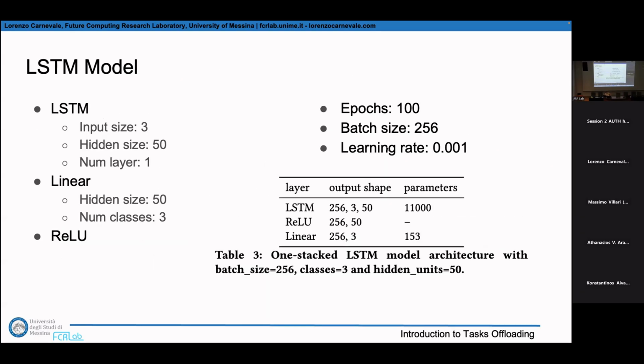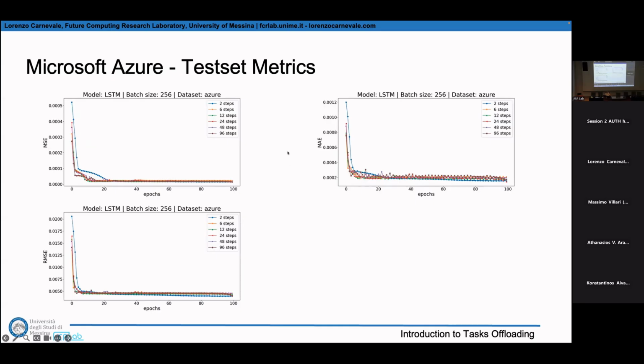We built two different models. One didn't provide good results, let me say, that is this LSTM model. And another one that is still an LSTM, but a bidirectional one with attention. In this case, it's a simple model. As you can see, there are not so many parameters inside. And we have results that, according to the normal metrics, the mean squared error, absolute error, and the root mean squared error, seem quite fine.